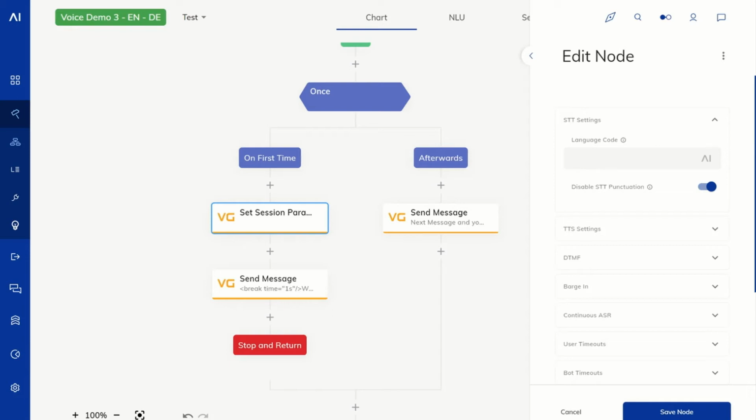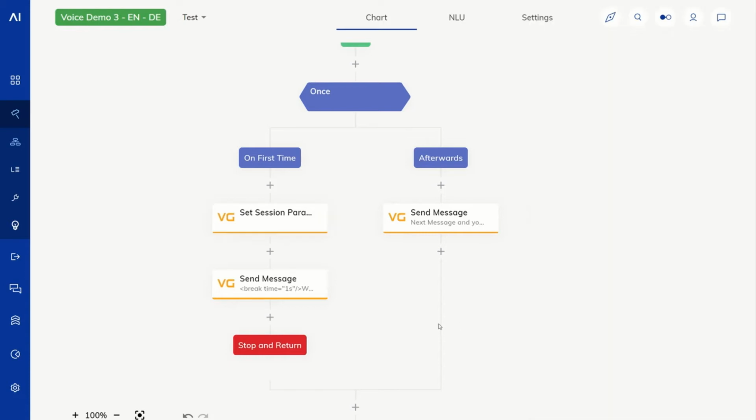And I can give you an example. We just heard the voice. We can, for example, also change the text-to-speech voice. So let's change this to Guy. And then now we will hear when I call this bot that from the beginning on, because we are running into this set session parameters node here first, the voice will be different.